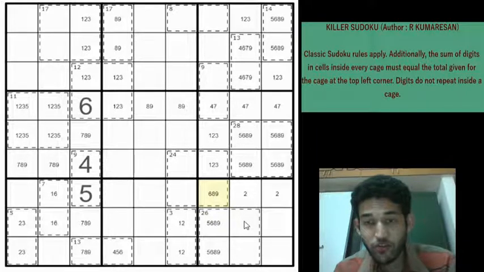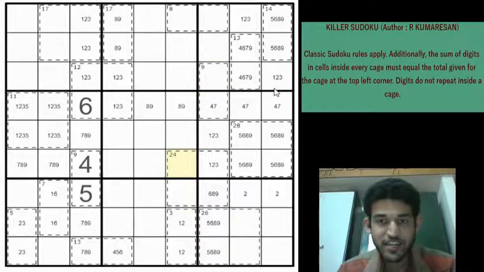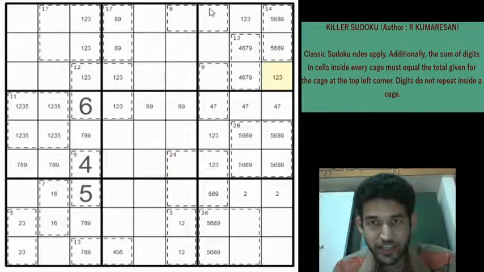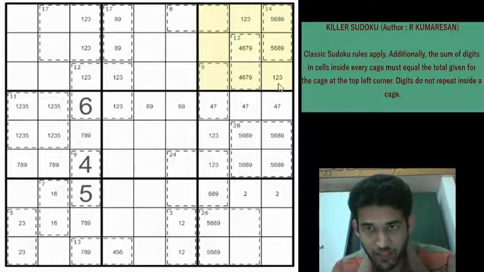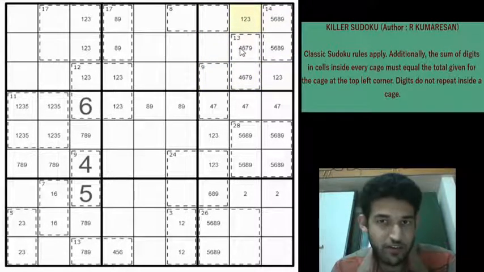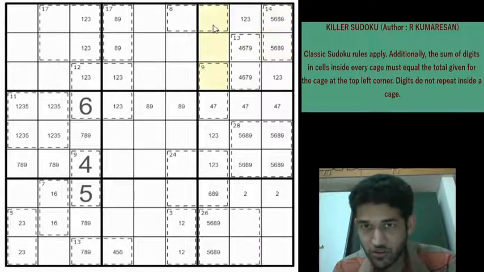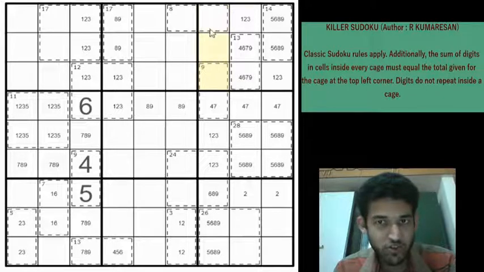Okay. We have one more fantastic piece of logic along column 7 if you look closely. Every deduction that you see is like thinking in terms of groups of digits, not in terms of a single digit. So you look at this cage, right? You have a 1, 2 or 3 here, you have a 1, 2 or 3 here. Where will the third possibility of this grouping go? It can't be in these 4 cells, so it has to go in one of these 3 cells. We just don't know where.